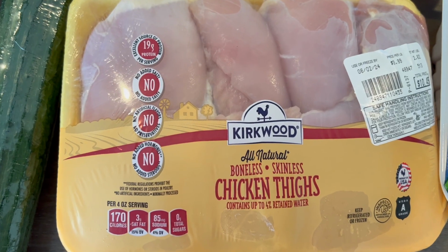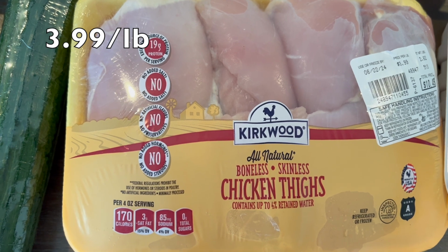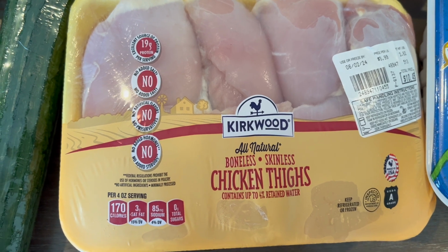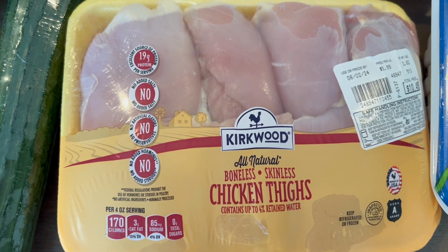And then finally, our last meat-based protein for the week, we got these all-natural boneless, skinless chicken thighs. And James is going to use these for his lunch bowls. We're going to season them and he can grill them up. And then this usually lasts him actually like a couple weeks because what we do is after we grill them,